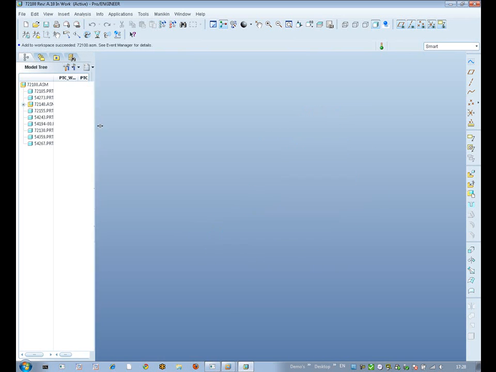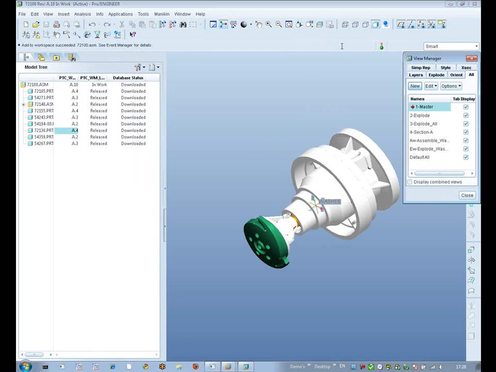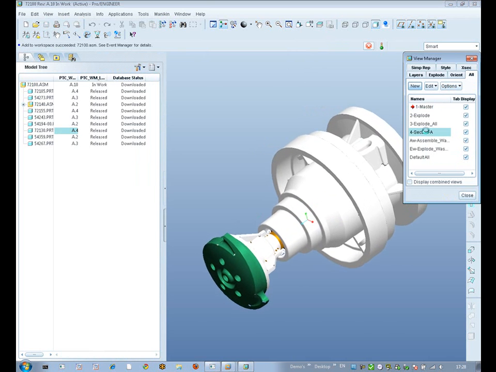So working in ProENGINEER, we can start to see the associativity between ProE and Windchill through things like revisions, versions, lifecycle states and the status of those objects. Now today I'm having to modify this assembly by adding a washer. So simply by